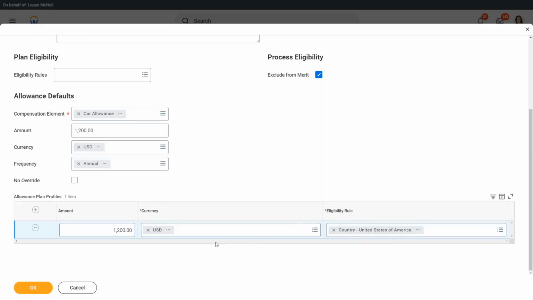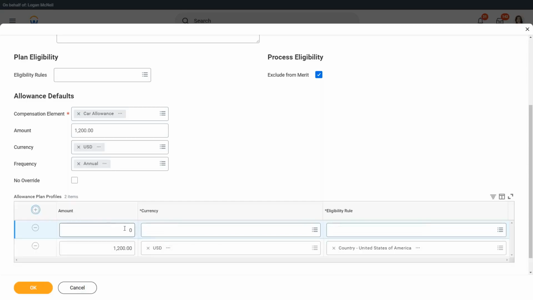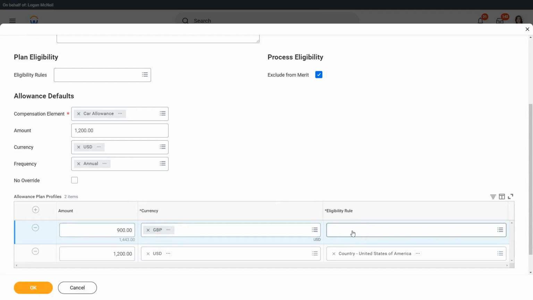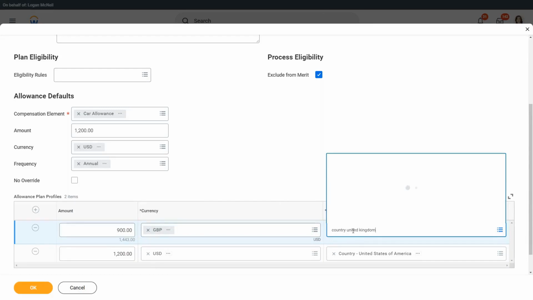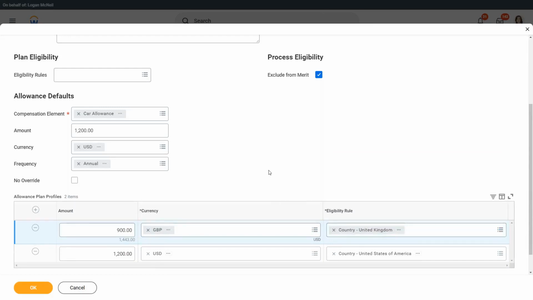So here I am saying, if you are in the US, you are going to get $1,200, and if you are in the UK, you are going to get £900. And what will be the eligibility rule? Country, United Kingdom. Understood. If you are in the US, you will get $1,200. If you are in the UK, you are going to get £900.